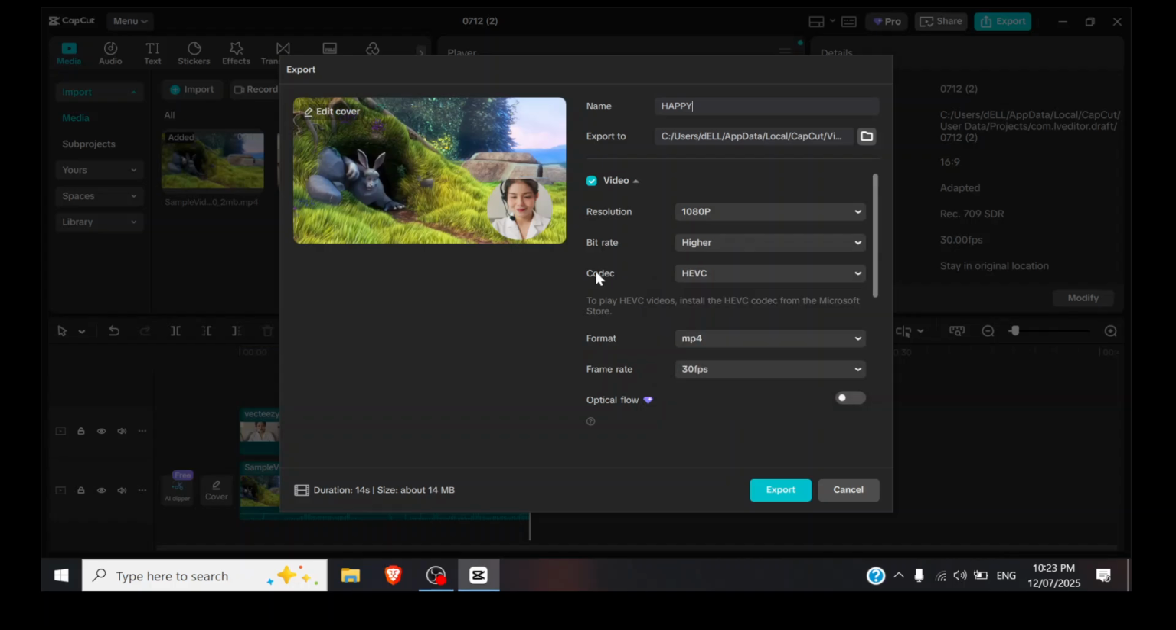And choose your codec. I recommend to choose H.264 because it's popular for YouTube and saves a lot of time and space as well. Now all you have to do is